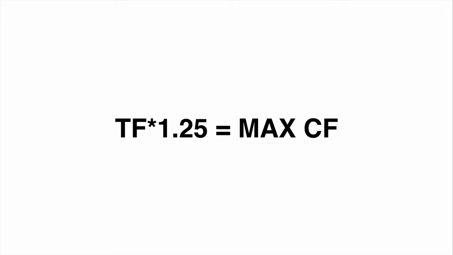So trust flow times 1.25, and the citation flow should be a maximum of the number that comes up as a result of that. So 15 times 1.25, that should be the maximum that citation flow should be. Just a very easy way of getting a preliminary check, guys. This isn't a final "if it matches this, then it's a good domain" check, but it's a preliminary check to see if it's a domain that's worth investigating and worth buying. It's a very quick check you can do initially before you start going into this other stuff,